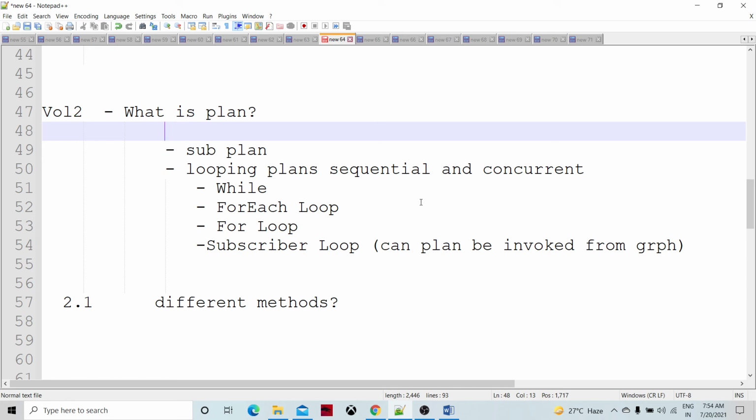Technically, the plan consists of a different set of tasks. We use those tasks to construct a plan, and there will be different actions for those tasks. In the last session we were talking about a set of tasks.